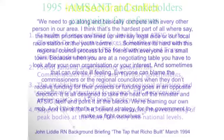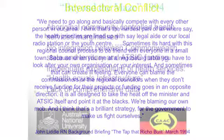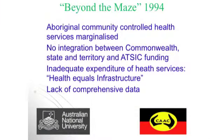There was nowhere near enough money in that bucket, and in that era we went from a period where we used to work together to a period where we were all fighting with each other for inadequate money. So Congress and the Australian National University produced this document called Beyond the Maze, and we analysed that situation, and we basically recommended that there's lots of problems, but the most important was there was inadequate funding in ATSIC, that